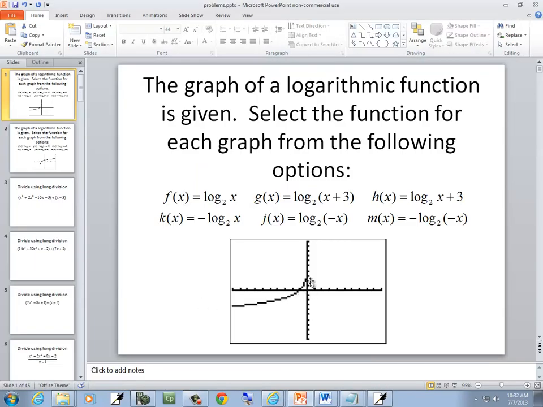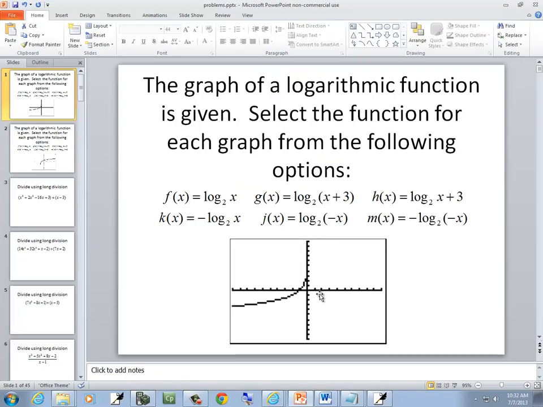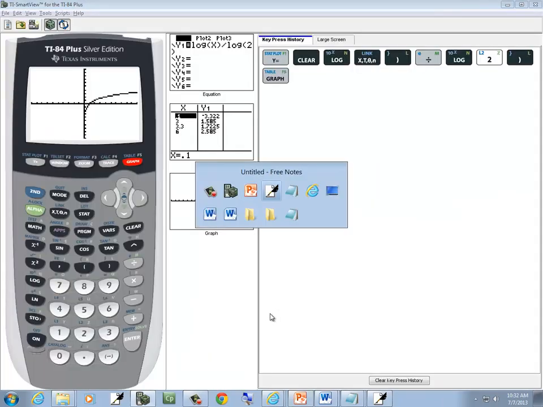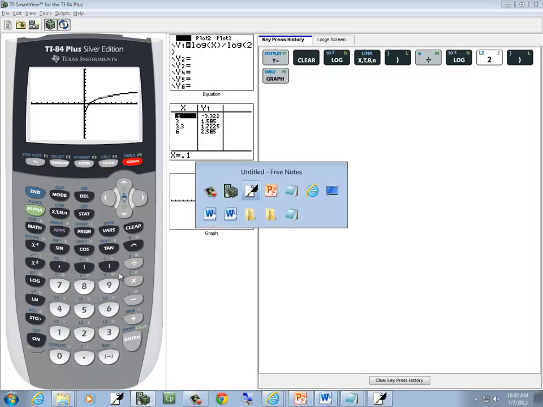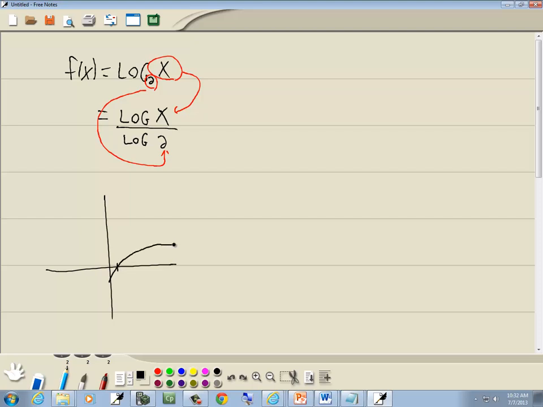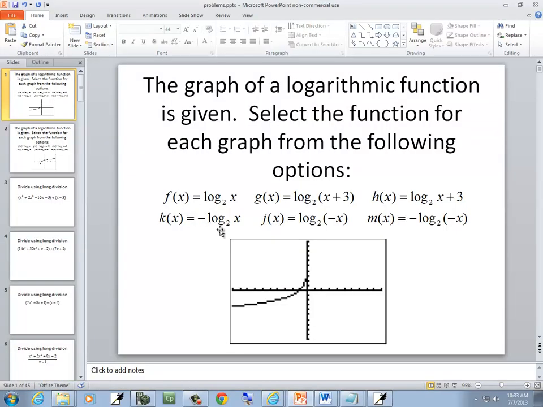Okay, well, we want to see which one this matches. It looks like it's been flipped across the y-axis and then flipped across the x-axis. For example, if I start out with this graph, use your imagination, it goes down forever like that. If I reflect it across the y-axis, it would look something like this. And then if I flipped it across the x-axis,